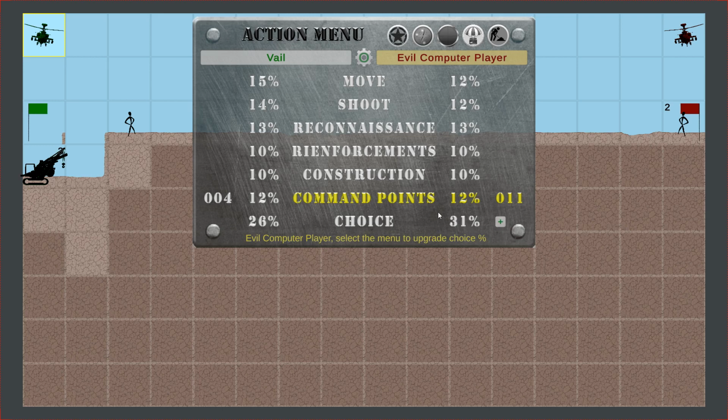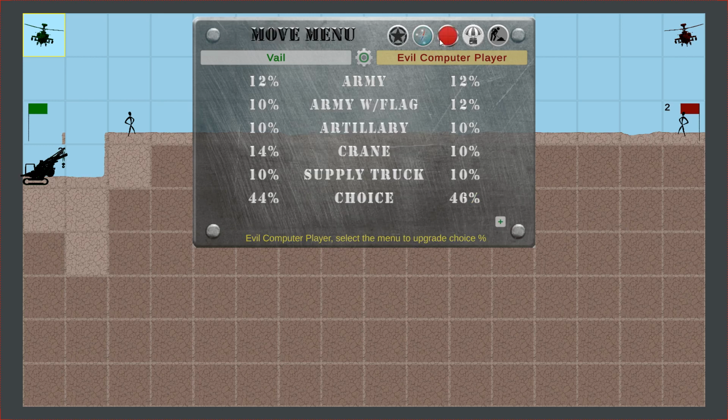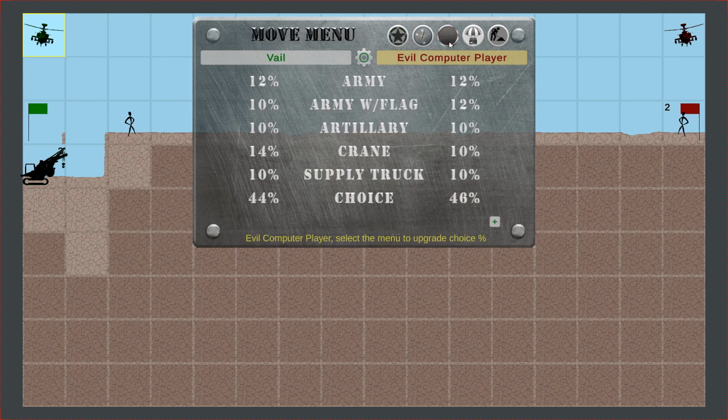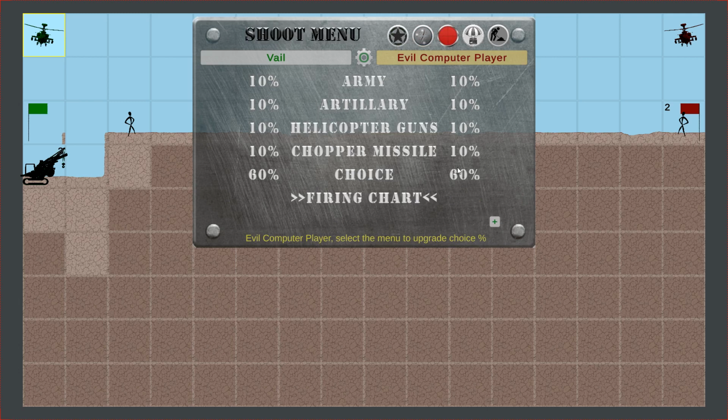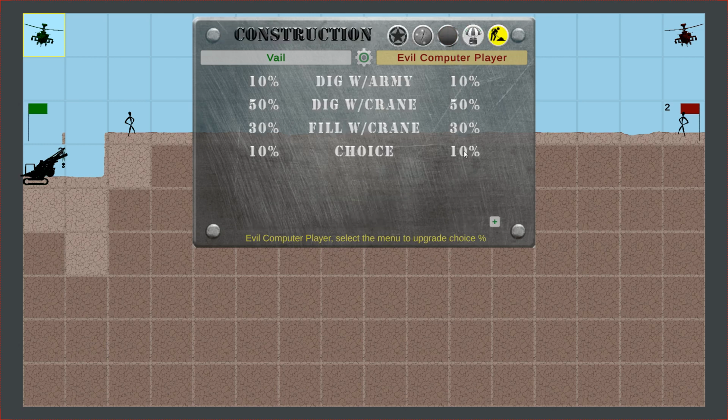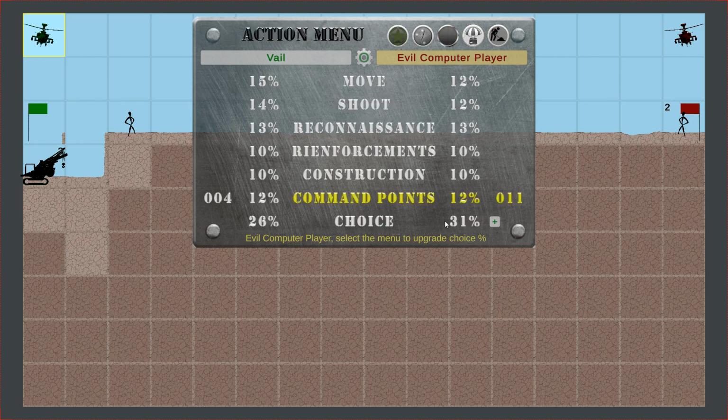You'd get to pick whichever menu you want to upgrade your choice percentage on. So you can choose your main action, or you can choose one of the sub actions, like your shooting percentage. You can increase your choice, it starts at 60. Like reinforcements might be a good one because you only have a 10% choice. So if you want to bump that up, whichever menu you want. But let's say he wants to bump up the